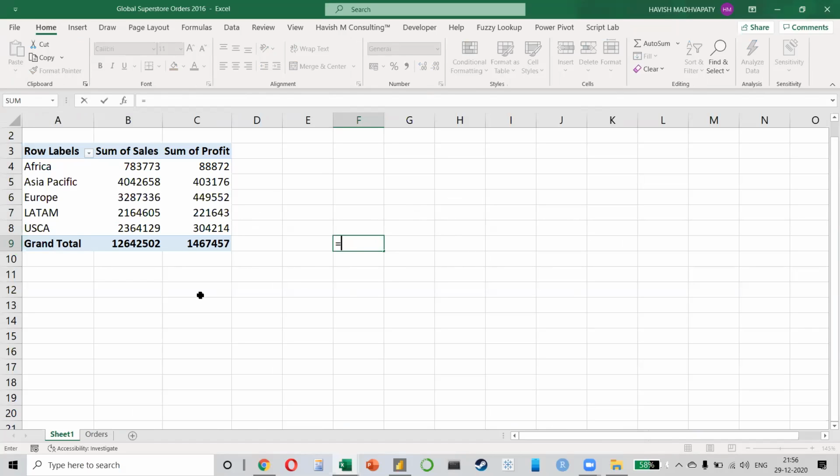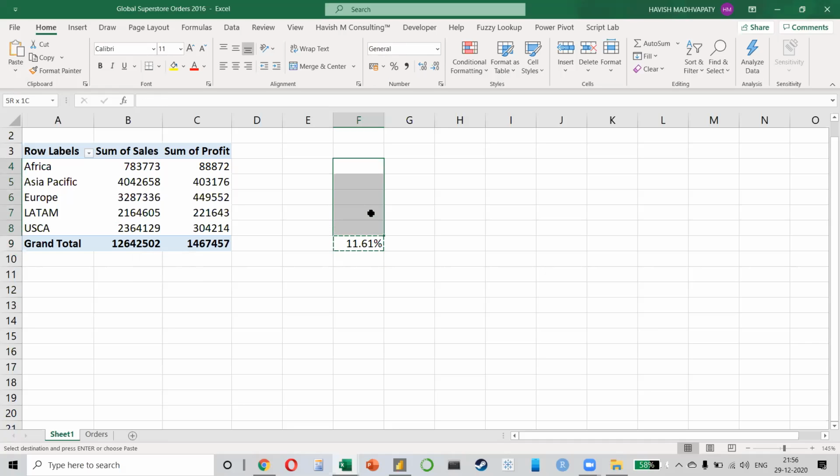The sum of all the profits divided by the sum of all the sales, right? Which is C9. So 11.61%. And if I ask you what is the profit margin for each one of these markets individually, then this is the answer.